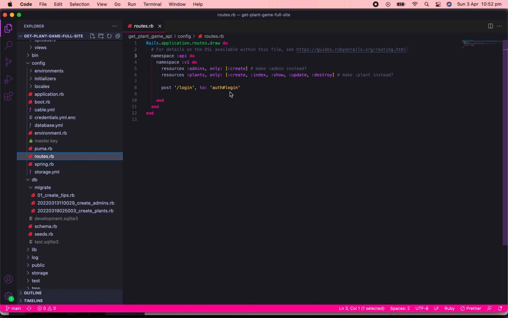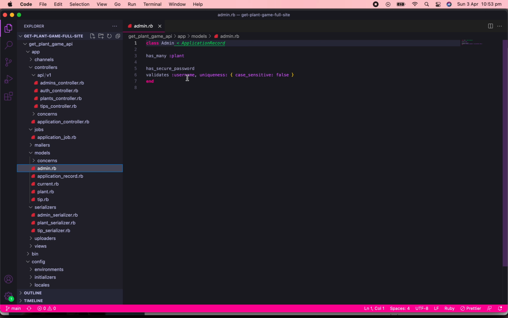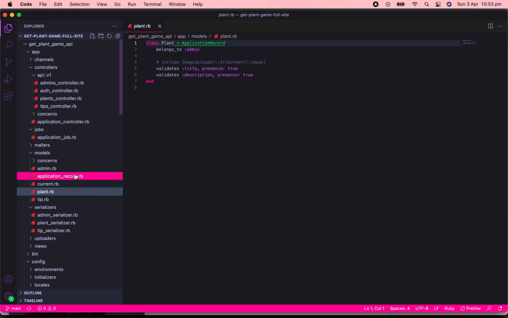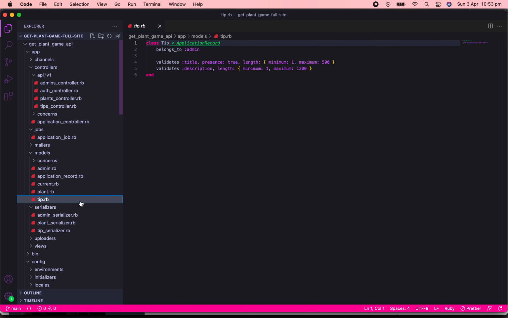So I've got admin, has many plant, and it has a secure password and it validates the username for uniqueness. Application record in self-abstract class true. This is something I decided not to use. Plant belongs to admin, validates title and presence. That's for the plant tips. For title and description are presence. Tip has become redundant because of what I mentioned with the